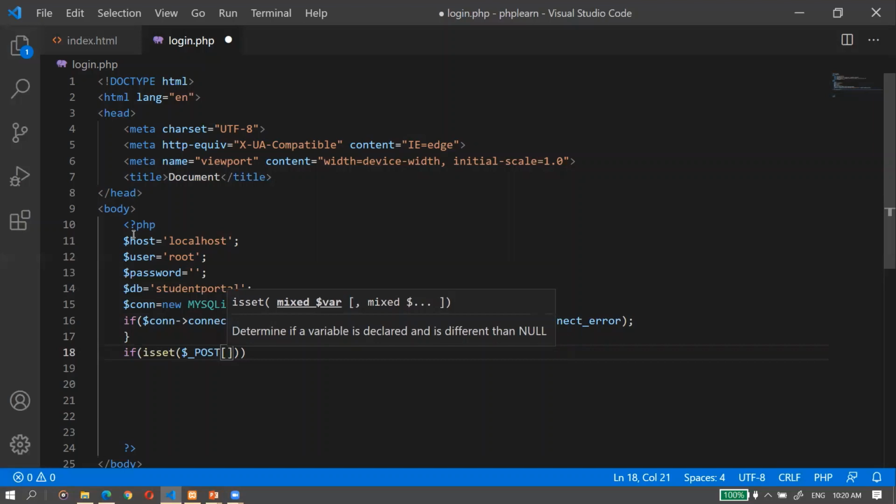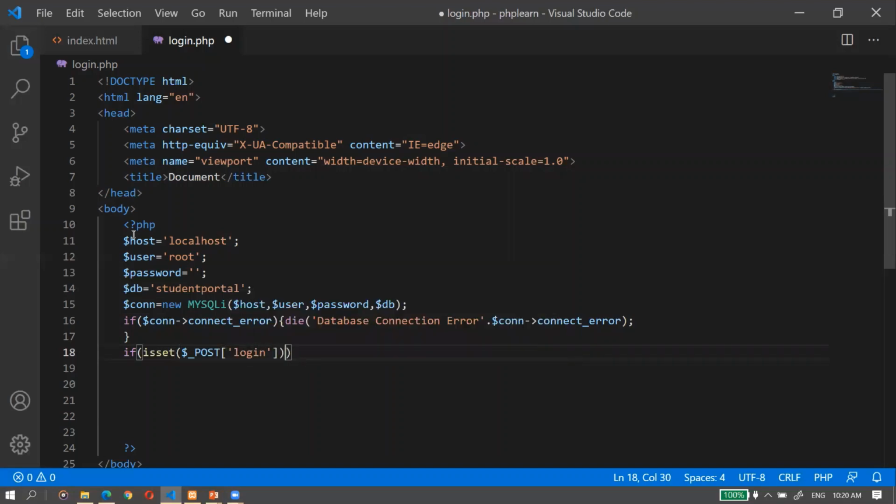Because we have used the POST method, the variables in the form can be used with the help of this. We check for login because there were two buttons, login and registration, so we are checking whether the user has pressed the login button or the registration button.